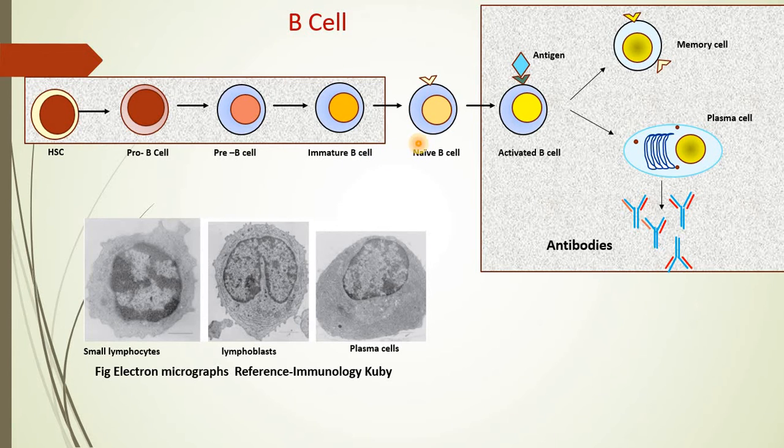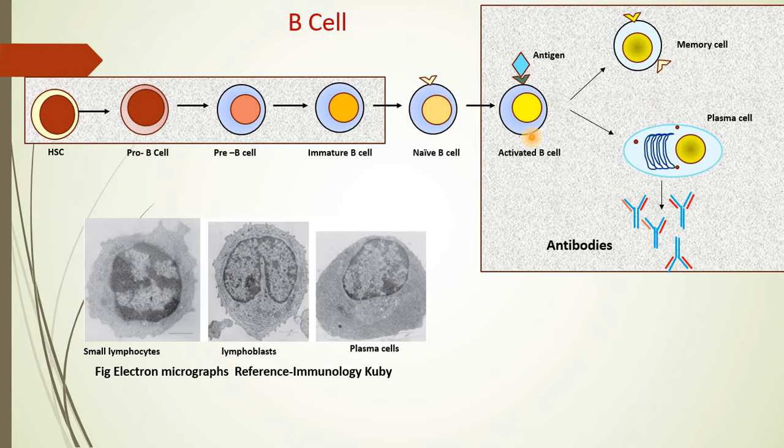Now in the circulation, when these cells do not get acquainted with any kind of infectious structures like antigens or their secretions, they are still defined as naive or pure B cells. Once these naive B cells get acquainted with an antigen, that is, suppose the antigen is present in the circulation and comes across the naive B cells, then the naive B cells get converted into active B cells.